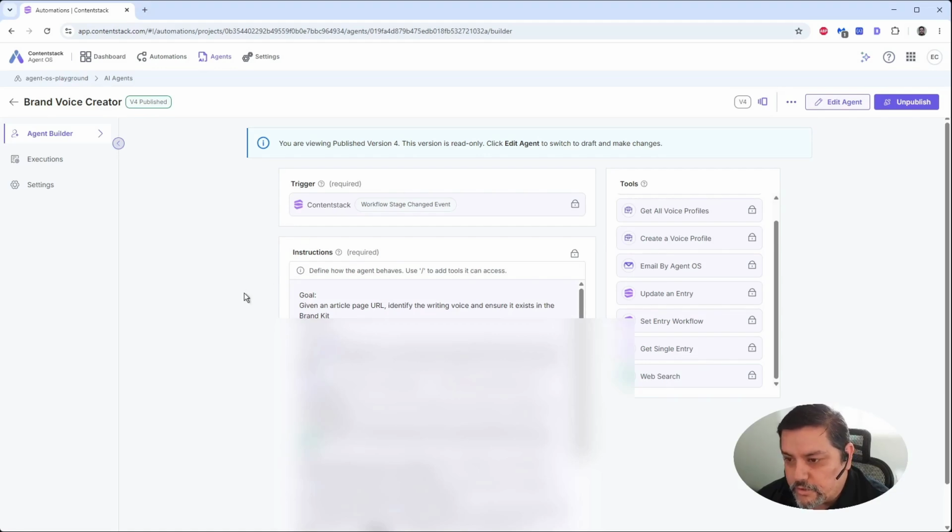For the instructions section, we have provided the agent to run with a clear goal, important rules to follow regarding scope and the usage of sources, along with a sequence of detailed instructions on reading the entry from the stack, fetching the page URL content, how to structure the data to analyze, how to identify the voice of the content, and how to compare it against those voice profiles we have in the active brand kit. Send an email report of the analysis made, as well as how to use the rest of the listed tools